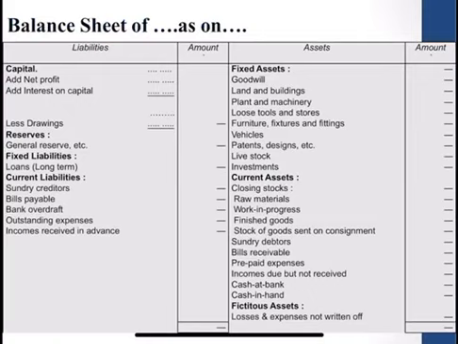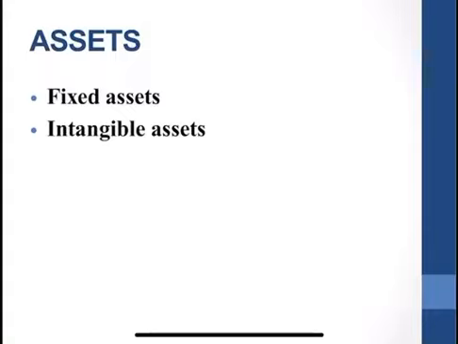So let's talk about the items which appear on the balance sheet. Like we have assets. In the balance sheet, assets may be classified like we have the fixed assets. These are assets of a relatively permanent nature used in operations of the business and not intended for sale, like building, plant, machinery, furniture, fixture, etc. Then we have intangible assets. These are assets which cannot be seen or touched but have some value and contribute to the profits of the concern, like goodwill, patents, trademarks, copyrights.